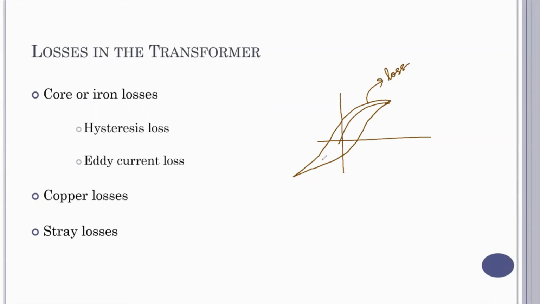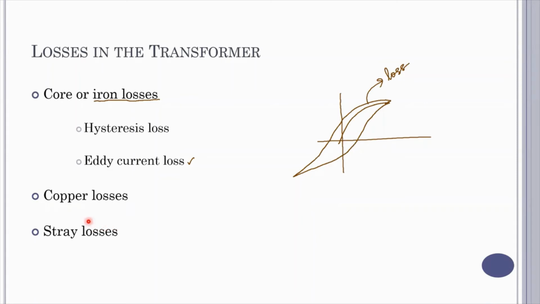So we have hysteresis loss, and we also have eddy current loss that are going to occur in our core. And the other name for core loss is iron loss. And again, we also have one more loss occurring along the winding. So we have the winding that is going to carry current, right? The winding is made of copper, and hence the loss that occurs in the winding is stated as the copper loss.